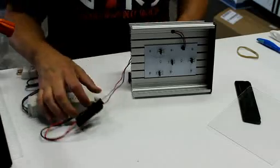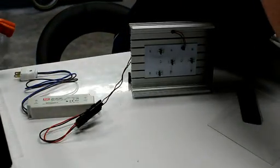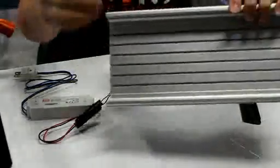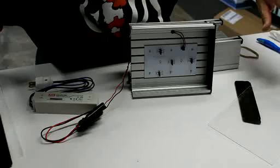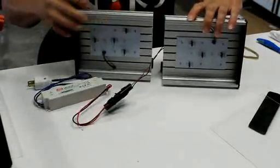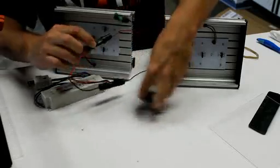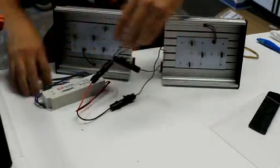One other note is that I'm going to grab another L2 fixture here. For the L3 and the L4, those come with one driver per fixture. So you'll have one heat sink with two boards on it. One driver goes to that fixture, one driver goes to the other fixture. For the L2, you will get two fixtures and one driver, and all you need to do is plug the driver into one lead from one fixture, one lead from the other fixture, and then daisy chain the other two together,